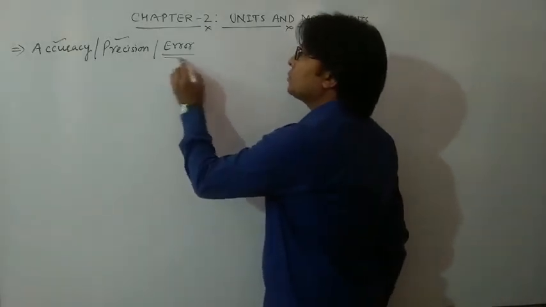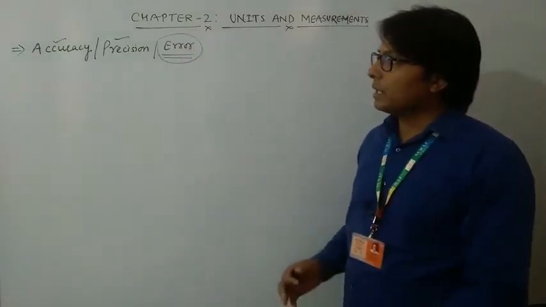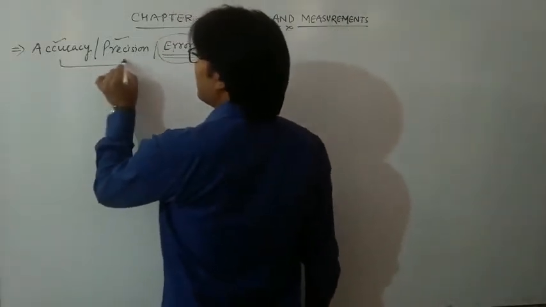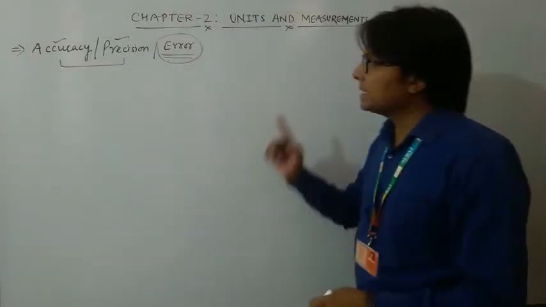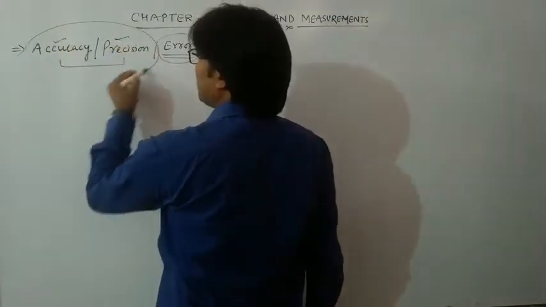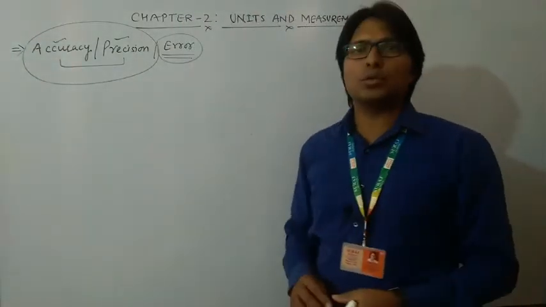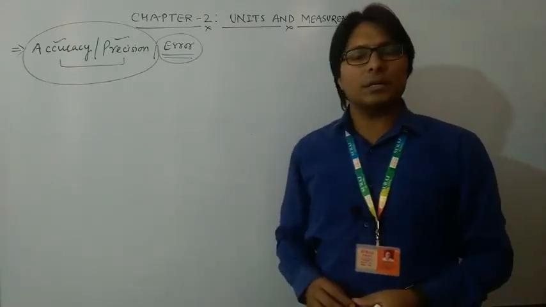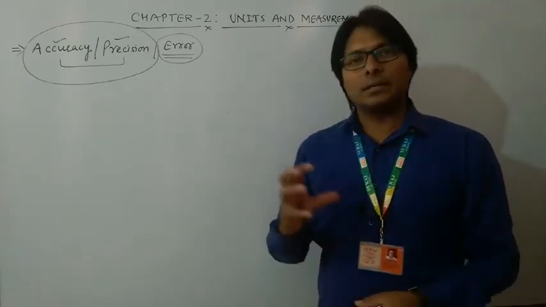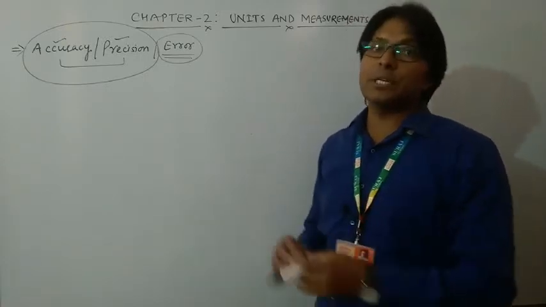So before going into the discussion of this error, first I would like to introduce you to these two more terms which are very important so far as the error topic is concerned. These two terms, accuracy and precision, are sometimes considered to be the same, but it is not so. These two terms are different from each other, although they are related, but they have different senses so far as physics or measurement is concerned.